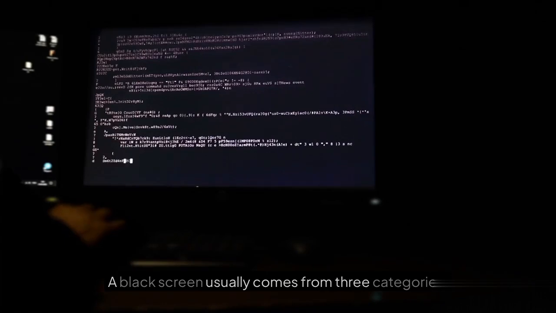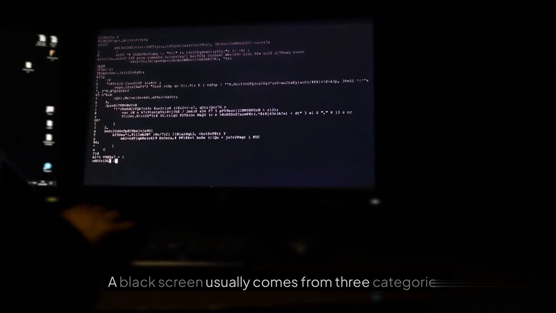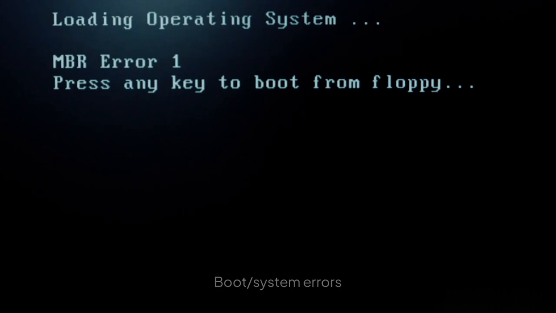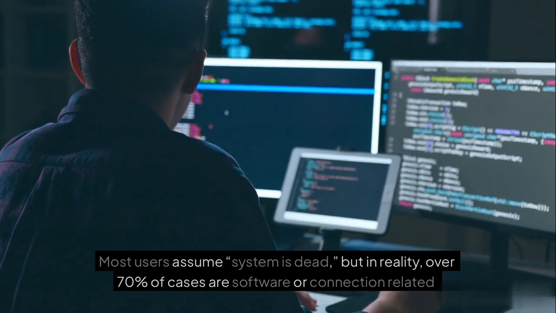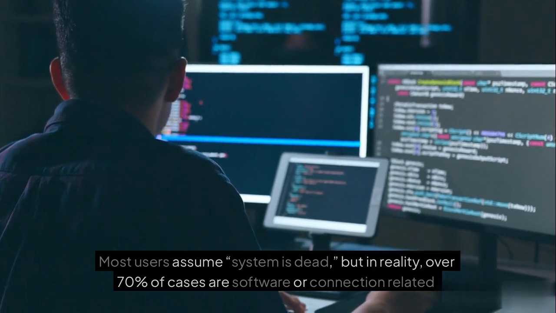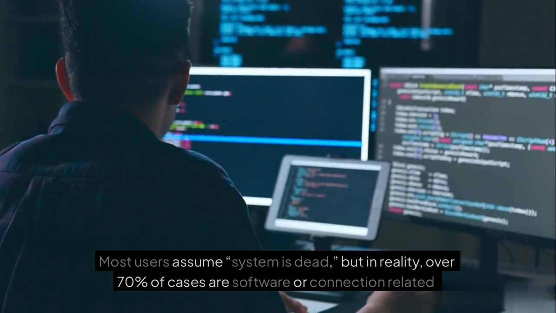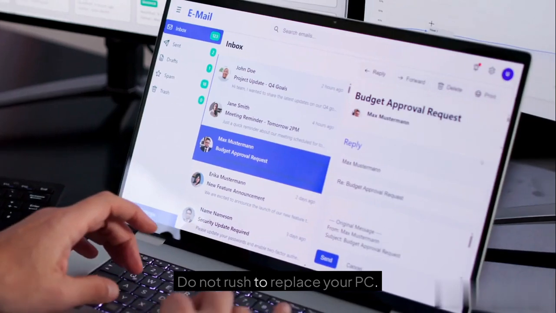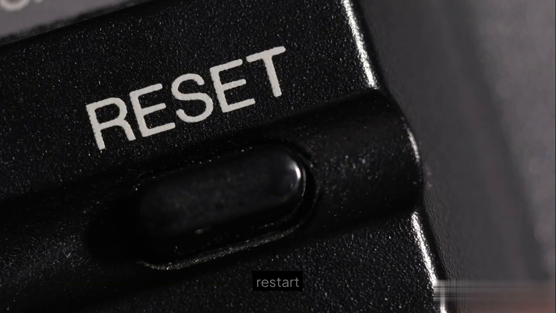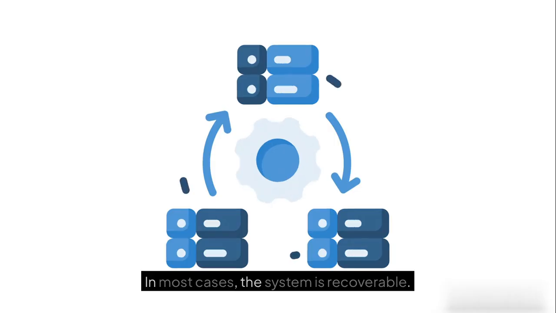Strategic insight. A black screen usually comes from 3 categories: display connection issues, graphics driver failure, boot or system errors. Most users assume the system is dead, but in reality, over 70% of cases are software or connection related. Final conclusion: do not rush to replace your PC. Start with cable check, restart, safe mode, driver fix. In most cases, the system